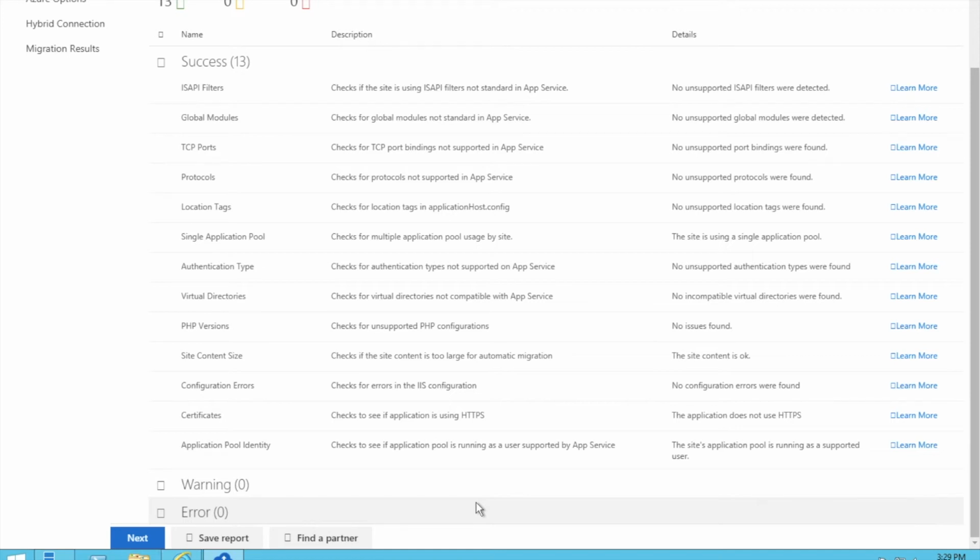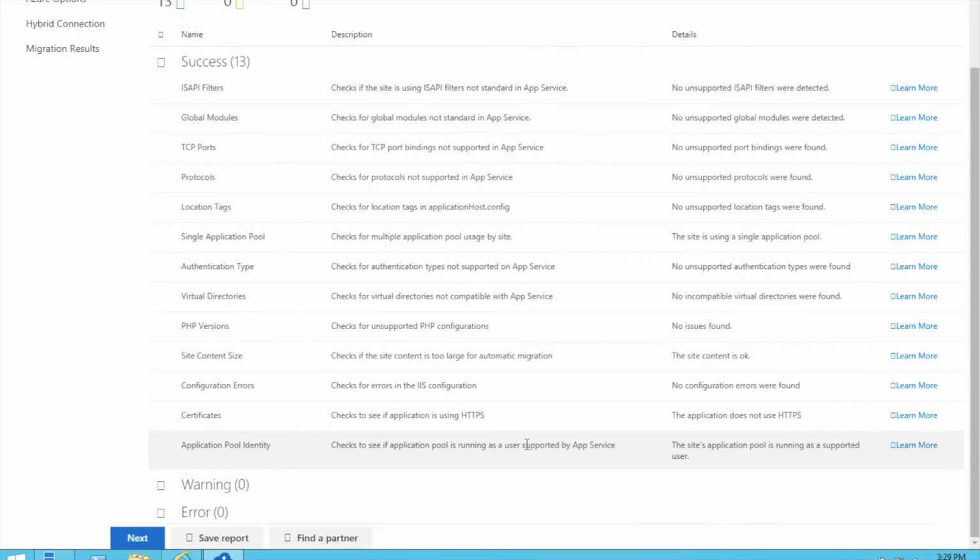This readiness check verifies that the worker process runs in a system managed account associated with the application pool, which is the default identity. So that is what it's checking here. These are a quick overview of the readiness checks that this Azure App Service Migration Assistant tool does.